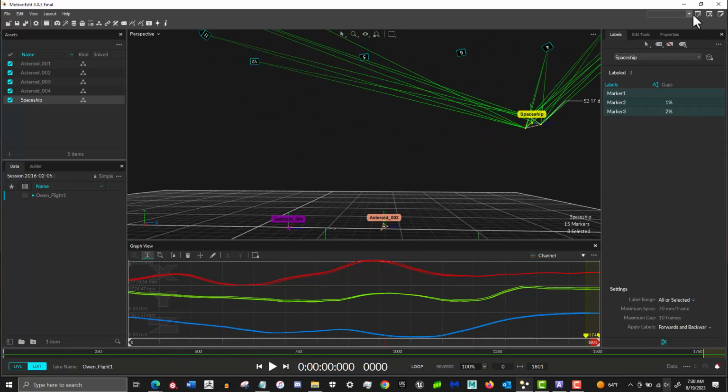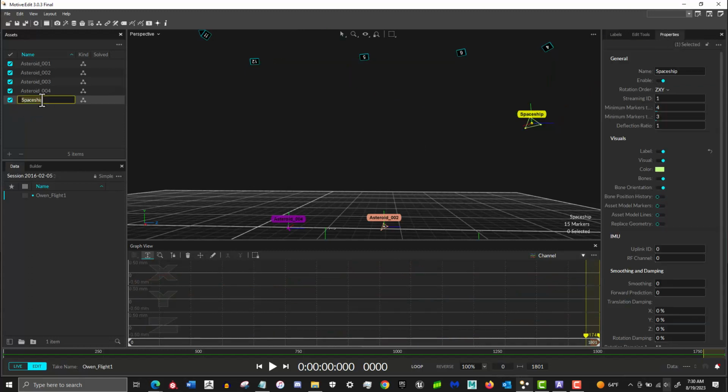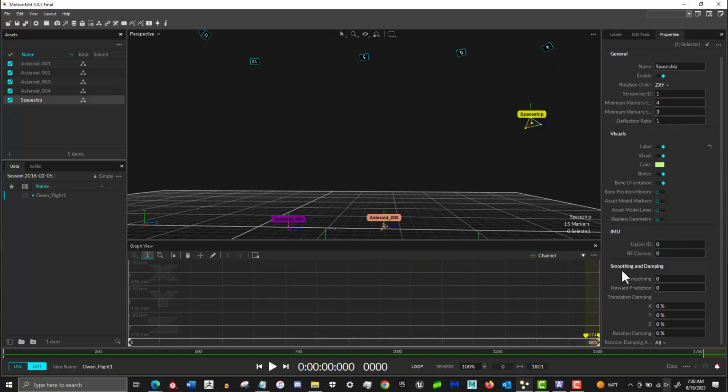One way to do this is to go over to the properties menu, smoothing and dampening on the bottom, and we have a parameter for smoothing. Smoothing is set to 0 by default, and it pretty much finds the average of all 3 of your marker sets in your rigid body and gives you the middle ground for that. So 0 is no averaging out, but if we set it to 100,